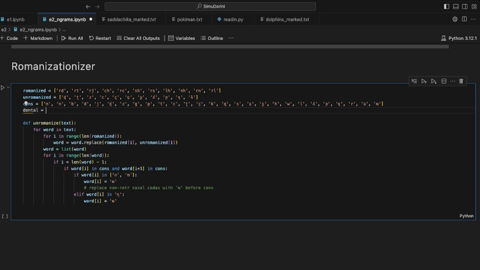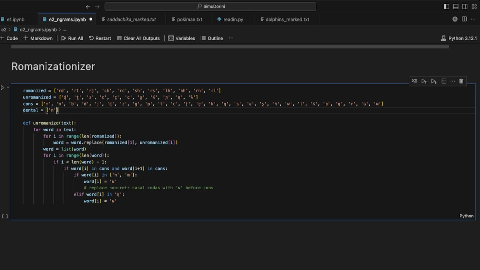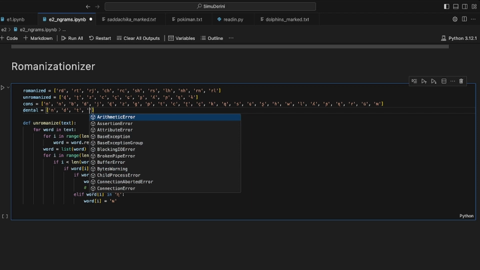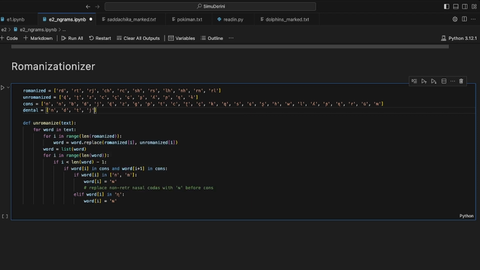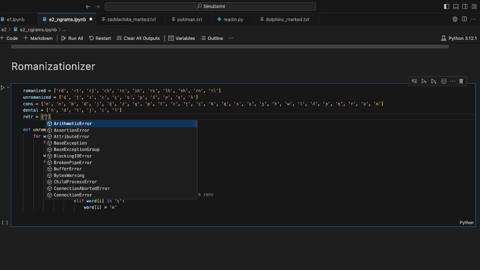So dental would be N, da, da, ja, ta, la, and then retroflex is